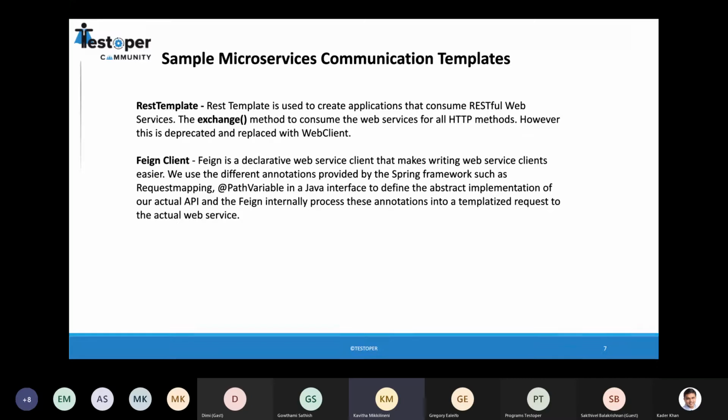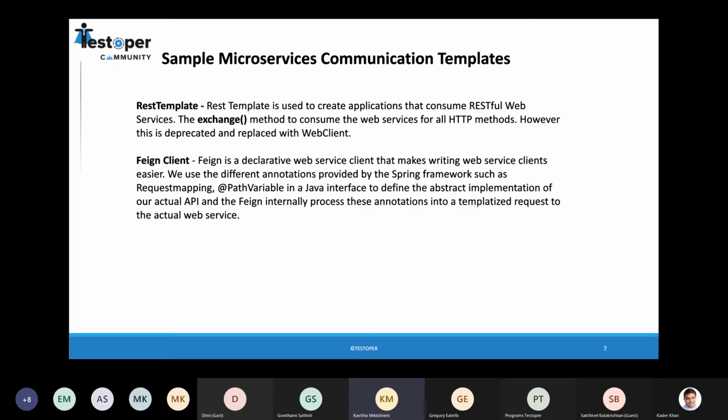So in real time in Java, Spring Boot, we use the communication between two services using the REST template, which was there in RESTful web services also, which helps in creating a connection and exchanging communication with the other service. But this REST template is getting deprecated, and it has been replaced with WebClient, which does the same functionality. And the new feature which is predominantly used nowadays is the Feign client.